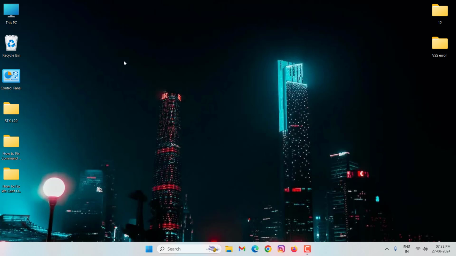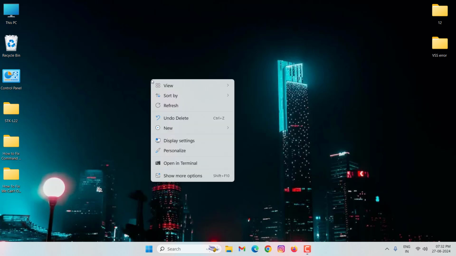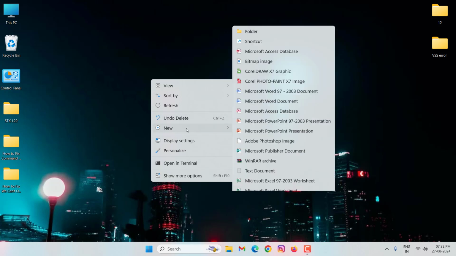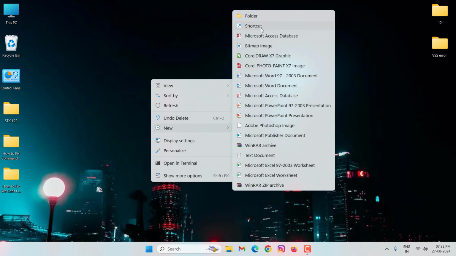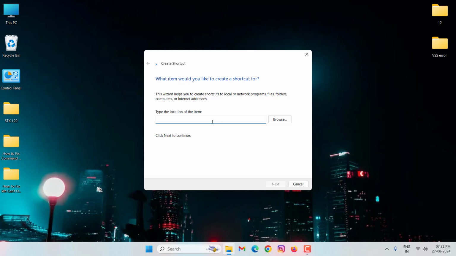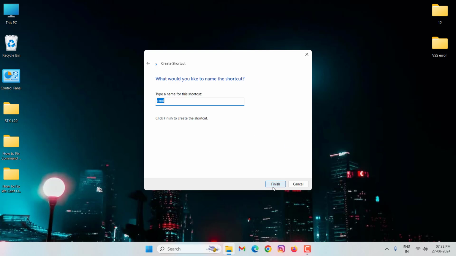Guys, if you also face this error, then I will show you how to fix this problem. First of all, right click on desktop, click on new, click on shortcut, then type here cmd.exe, then click on next, then click on finish,